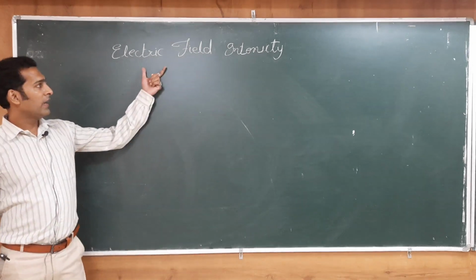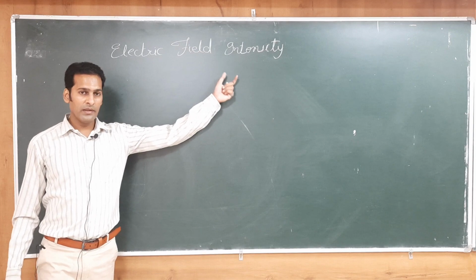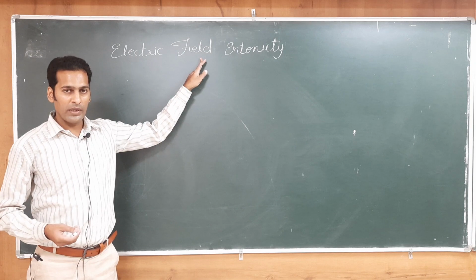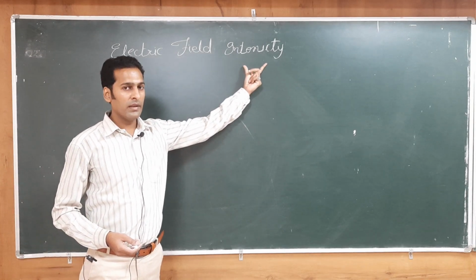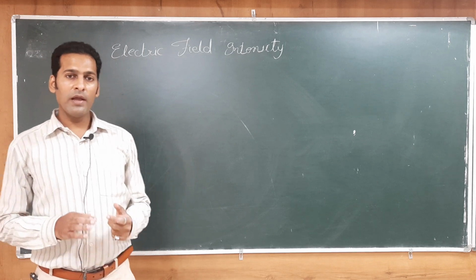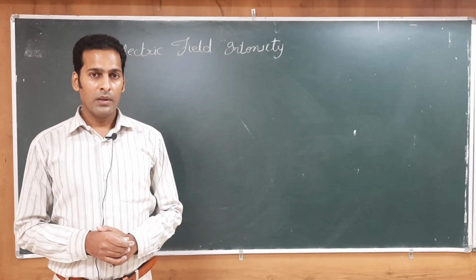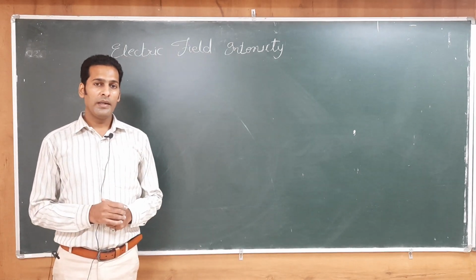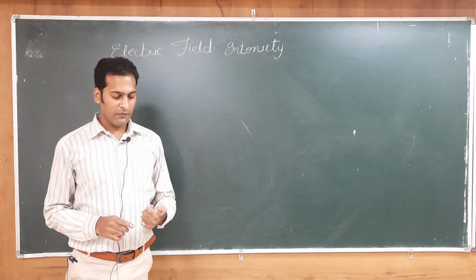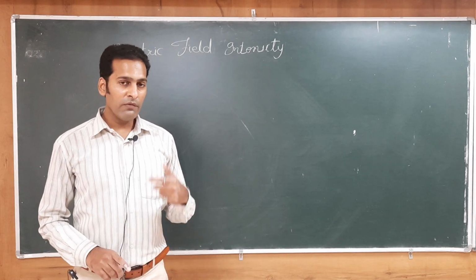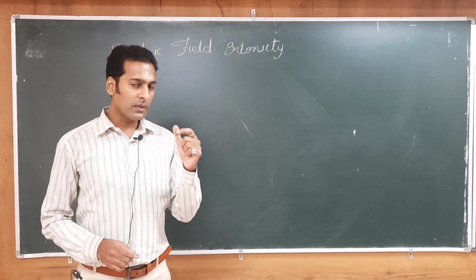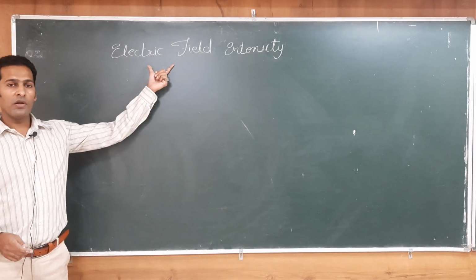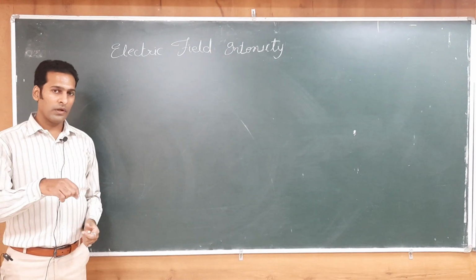So, first one, electric field intensity. What is electric field intensity? Electric field means the electric force lines working in space, and we have to calculate its intensity. Like we have seen the example of mobile phone and the mobile tower. When we get an electromagnetic wave which communicates from mobile to mobile, it is part of two signals. One is electric field, another one is magnetic field. So, when we say our signal is good, that means the strength of signal is good. And what is that strength? That strength belongs to electric field or magnetic field. So, this is what we have to calculate.